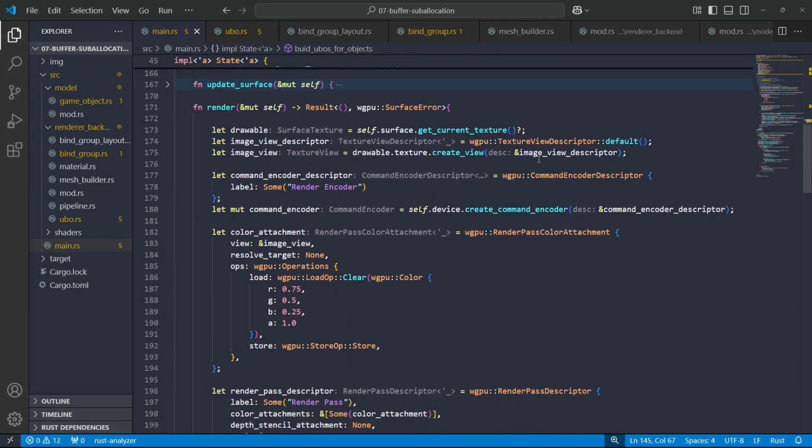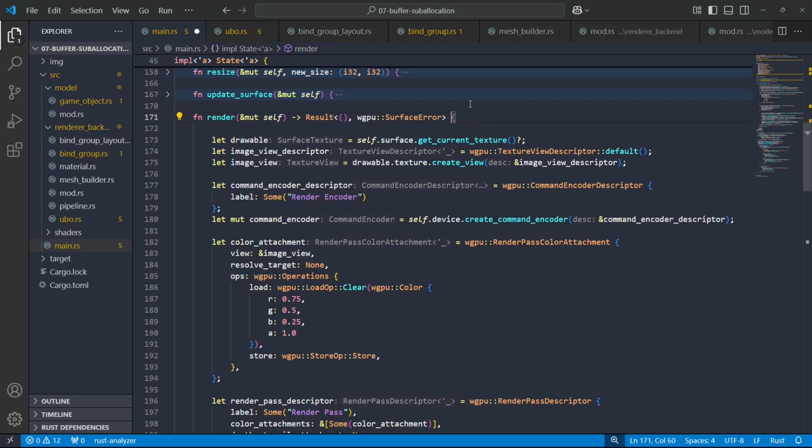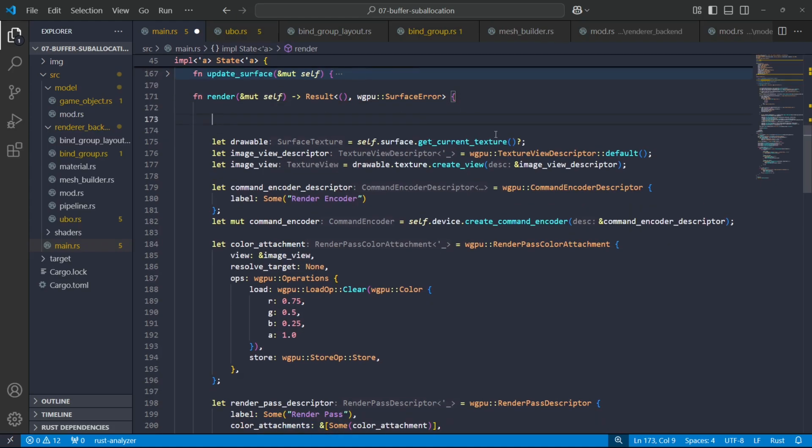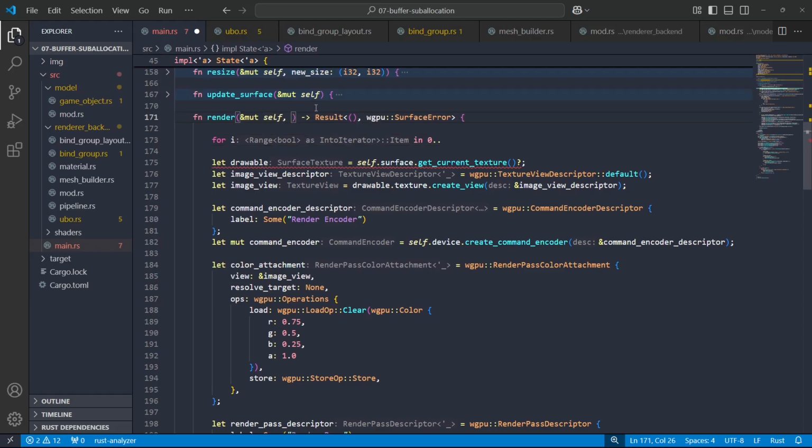So the next bit is rendering. The funny thing is, I'm going to do a few stages. First up, I'm going to construct and upload the transformation matrices for all objects. Oops, I've forgotten something. Now when I render, I'm also going to need to take in the set of quads